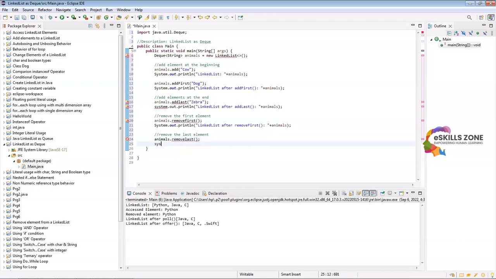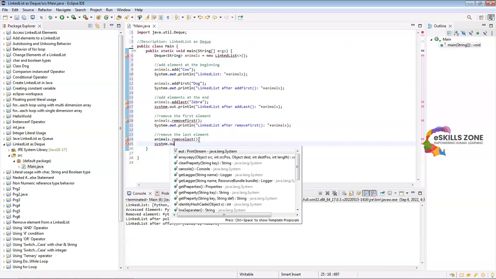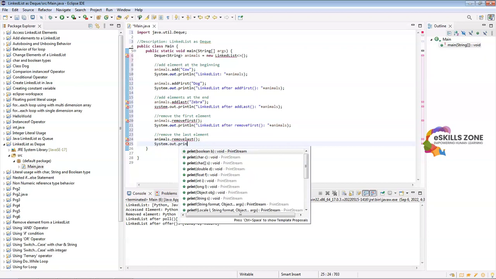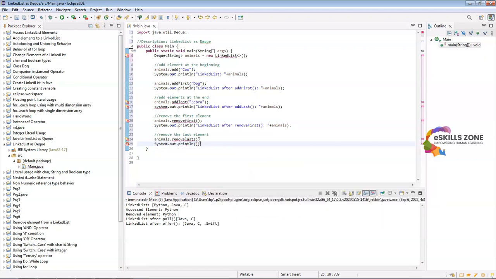So now we'll type System.out.println, and in parentheses, in double quotes we will type "linked list after removeLast():" with a space, and then type plus, and then animals. Now this is all set. Now I'm gonna